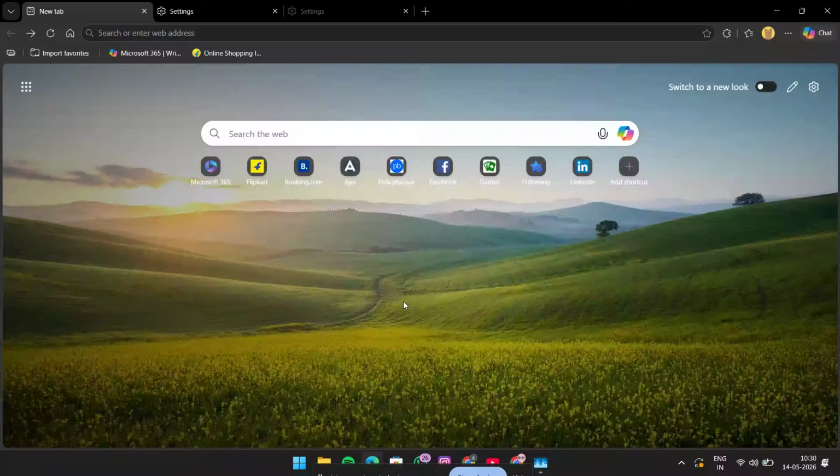In today's video, I'm going to show you how to turn off graphics acceleration in the Edge browser quickly and easily. This is a useful fix if Microsoft Edge is running slowly, freezing, glitching, or causing display issues on your computer. Disabling hardware acceleration can often help improve stability, especially if you notice problems when streaming, browsing, or switching between